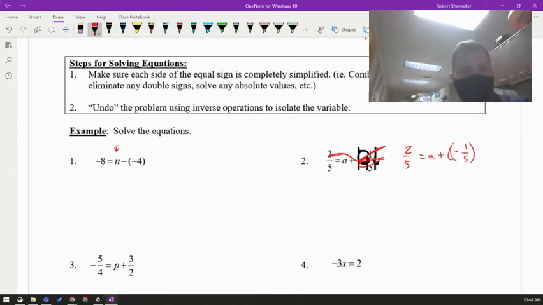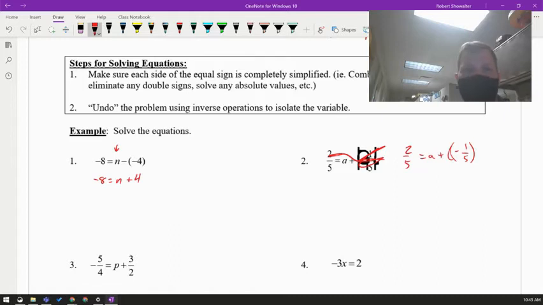So when we do this, we want to look at the right-hand side of that equation, the one that has the unknown, and we want to dig that out. We want to get that free so we know what that value could be. In order to do that, we try to simplify as much as we can to start, and then we start undoing some things. So in this, we've got to simplify this. This minus minus is actually going to become a plus 4. And now we're going to undo